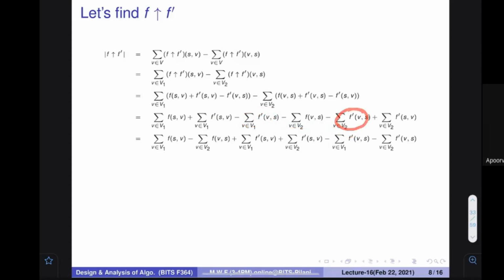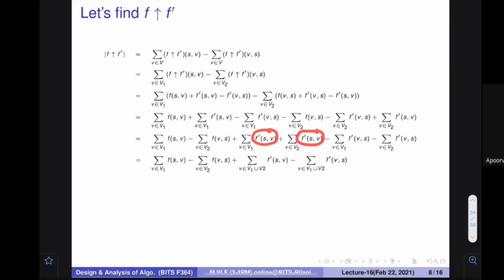This v2 is here. F dash sv is being placed over here. So all these terms are only slightly rearranged. After this small rearrangement, you can see that this is the summation of f dash sv, and